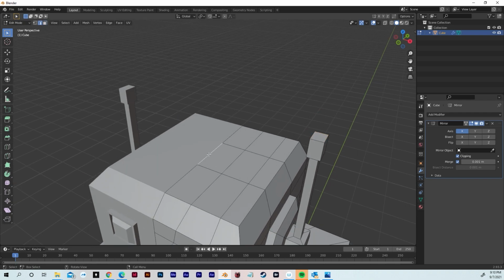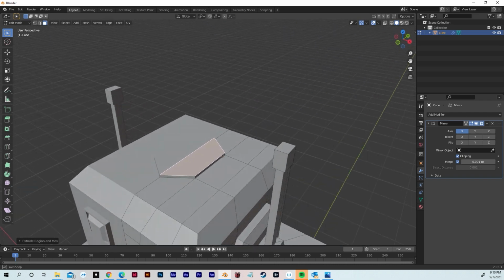Except I'm going to go into edges mode by hitting 2, select this edge, scale along the y-axis. And then hit 3 to go to faces mode, E to extrude upward. So I'm going to select,